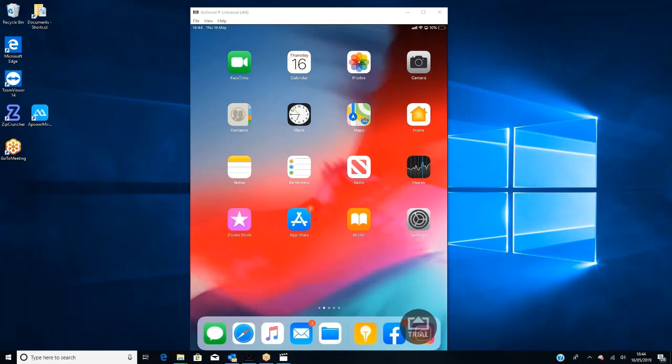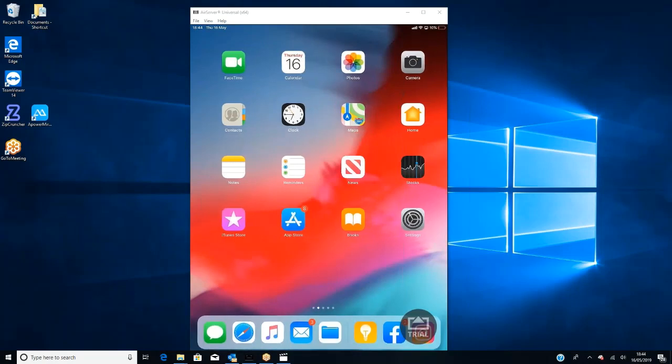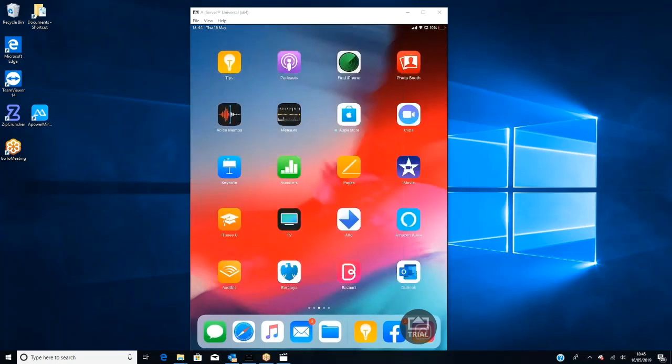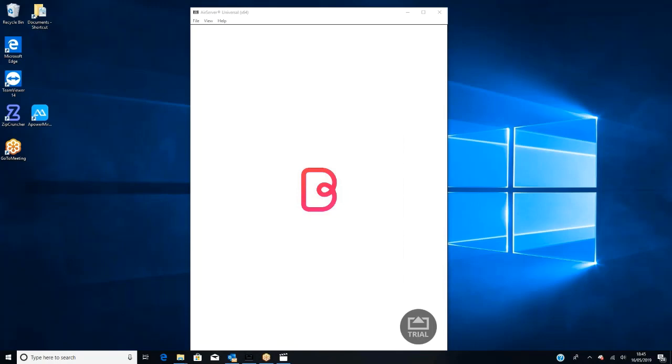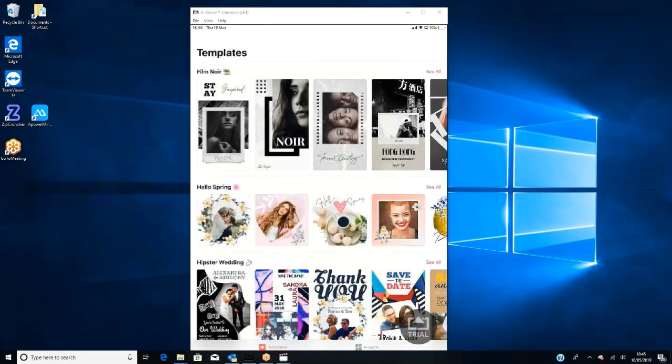Now, these are the apps that I recommend, and I'll bring them up here. You've got this one here. It's going to come up in a second. It's called Bazaart, B-A-Z-A-A-R-T. Now, this one costs a little bit of money. I think it's about £5 a month, maybe a bit more, but it's well worth looking because it allows you to create your own social media posts, and there's lots of templates in there, or you can design it yourself.